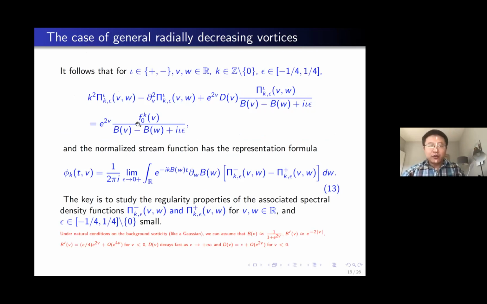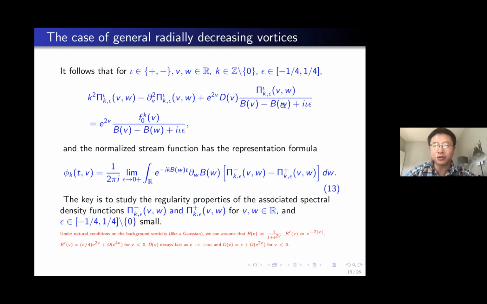So already we gain some clarity by working with the V variable, because the main equation for the spectral density function is simplified. I mean, it looks like it's simplified, right? The main term at least is constant coefficient now. You have k squared minus partial V squared, instead of this R to the minus 1 partial R or R to the minus 2, now you have this constant coefficient equation with this non-local singular potential term.